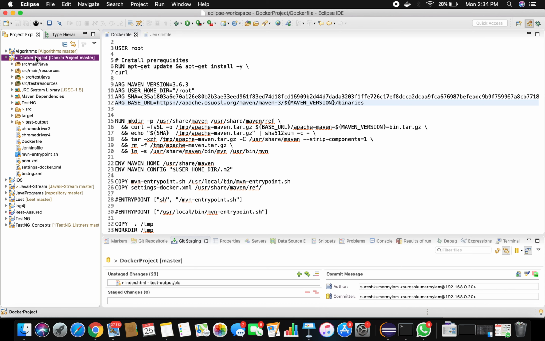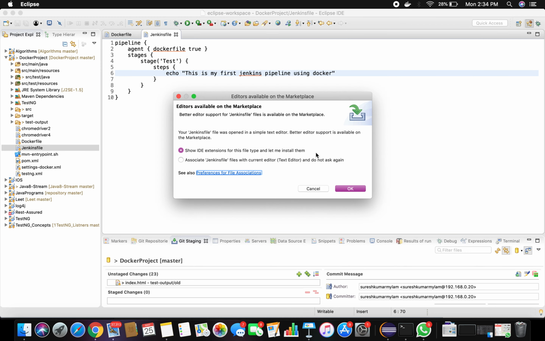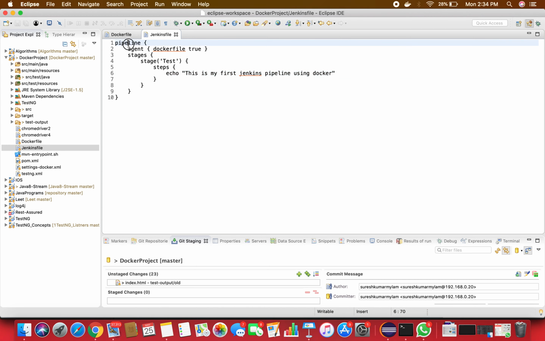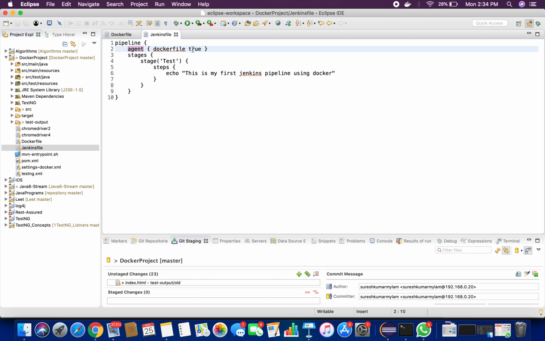Okay, this is my project. Here I have a Jenkins file and a Docker file. See, this is my Jenkins file, a very simple Jenkins file. It starts with a pipeline. Inside the pipeline, I have an agent. Since I am going to build my image on the agent machine using the Docker file,